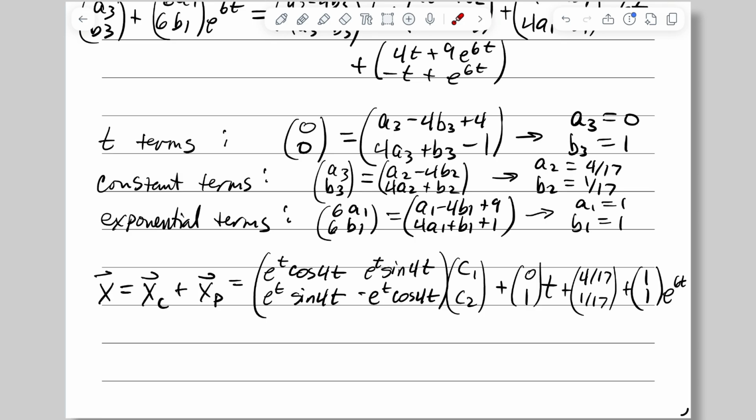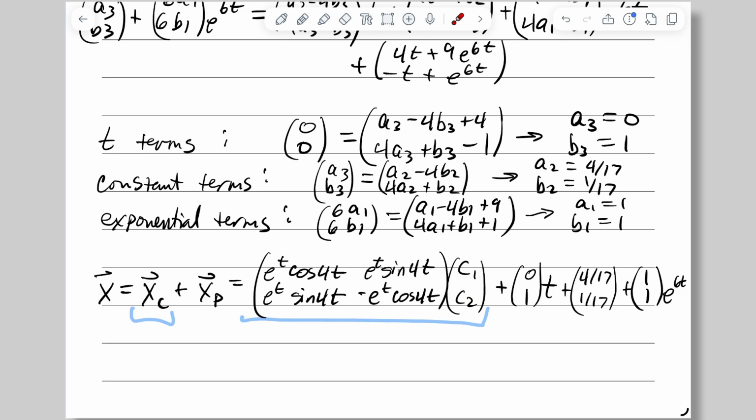At the end of the last video, we found a solution to a non-homogeneous system, and we wrote it in the form of x equals x sub c plus x sub p, where x sub c was the complementary solution and x sub p was the particular solution. I want to focus now on the x sub c part, and it's the matrix of solutions times a column